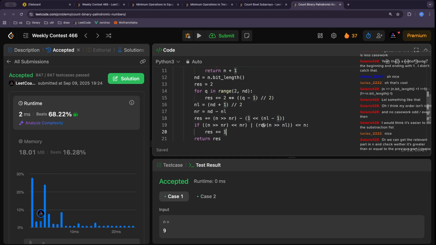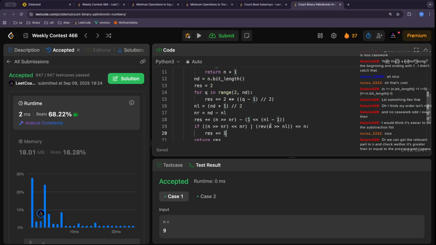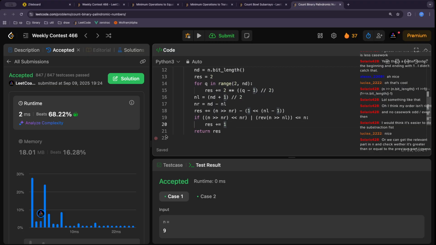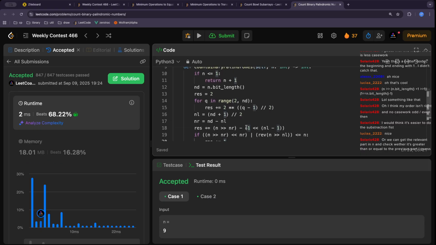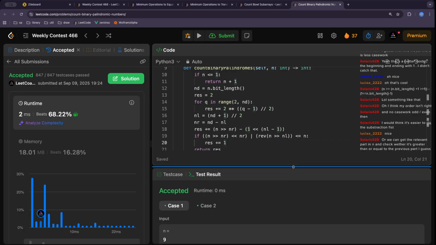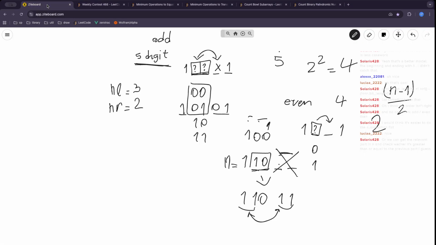But yeah, this is logarithmic time, right? And it runs pretty fast, 2 milliseconds. So I don't think you can do better than this. But yeah, so notice that this structure of palindromes, this is something that comes up a lot because